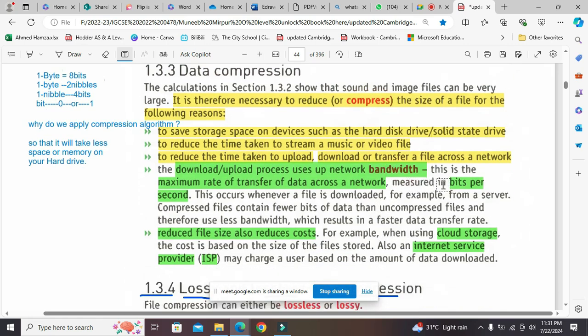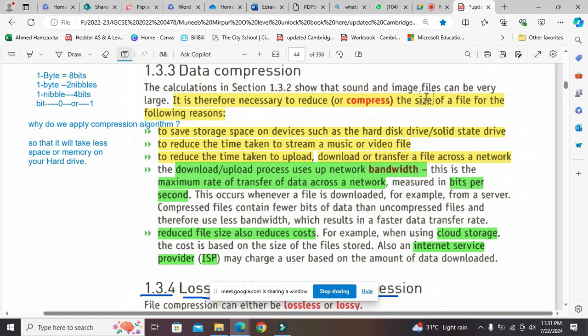It is measured in bits per second, the transfer rate. This occurs whenever a file is downloaded, for example from a server. A compressed file contains fewer bits of data than an uncompressed file, therefore it uses less bandwidth, which results in a faster data transfer rate.